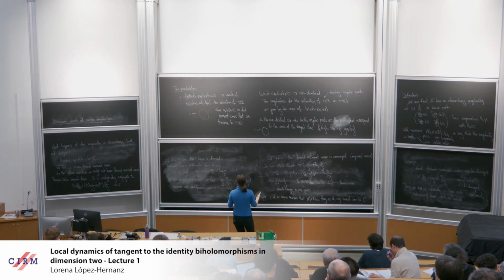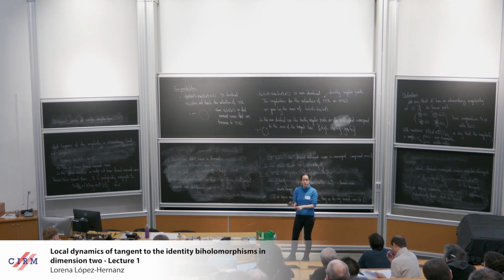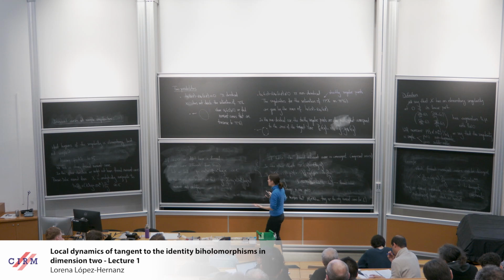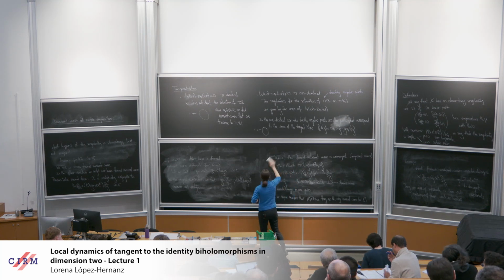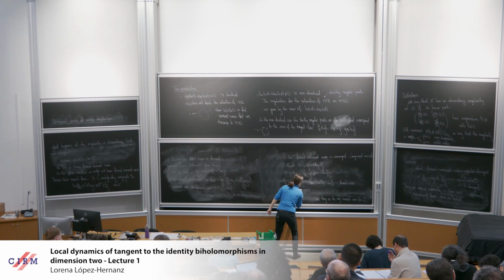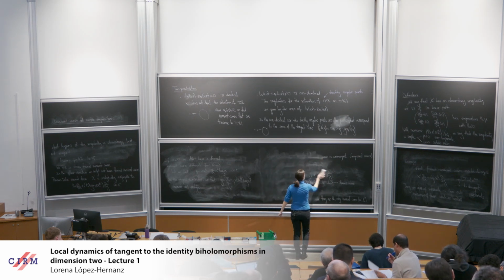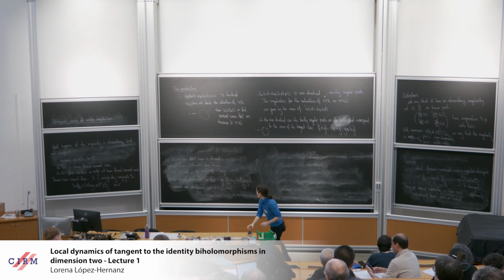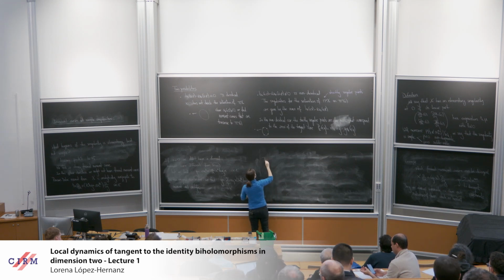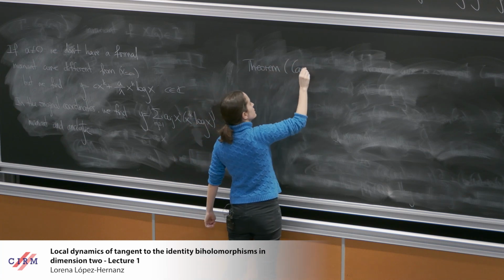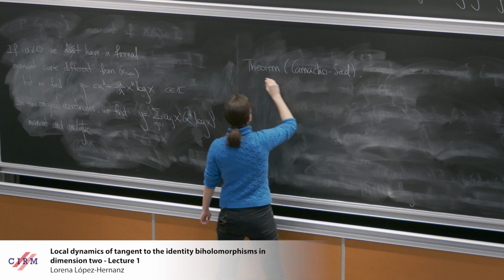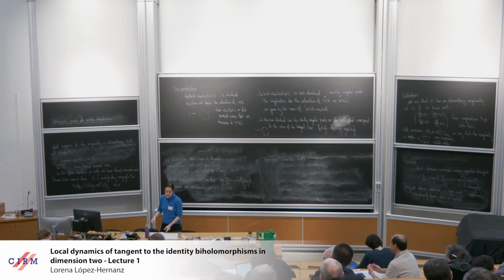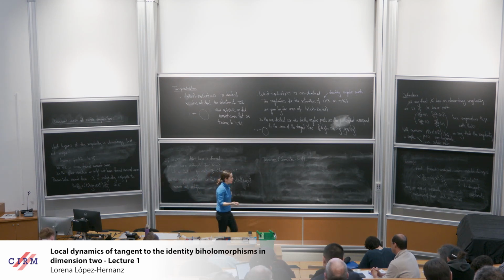Okay, so just to finish, let me just say how these two results, the behavior of a map at a simple singularity, the existence of invariant curves at a simple singularity, and the resolution of singularities of Seidenberg help us find invariant curves for a general singular vector field in the plane. So the last result I will present is the Camacho-Sad result. Okay. So the theorem of Camacho and Sad tells us that in the resolution of singularities,